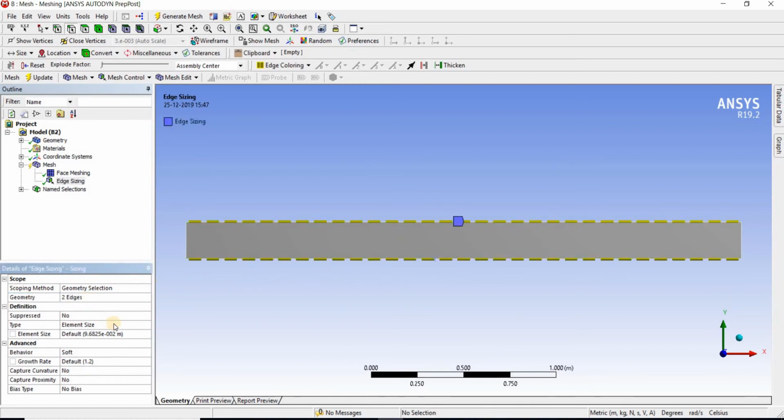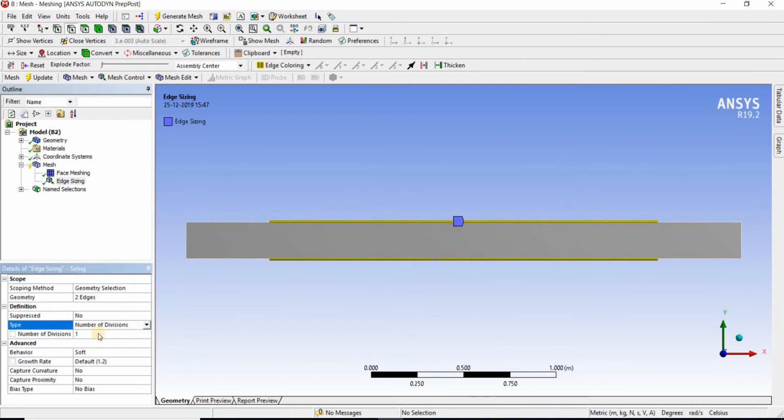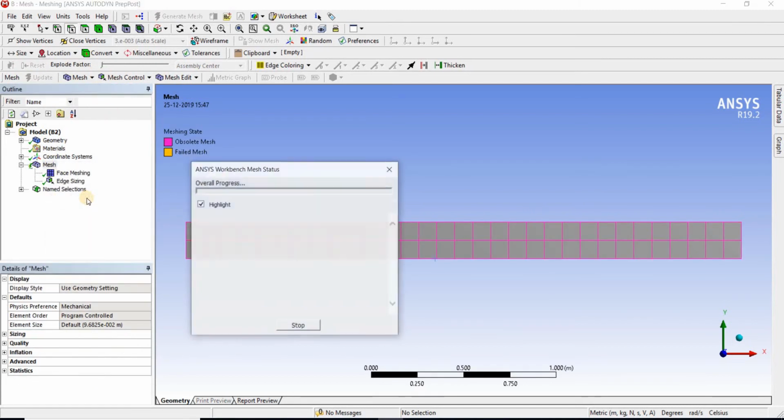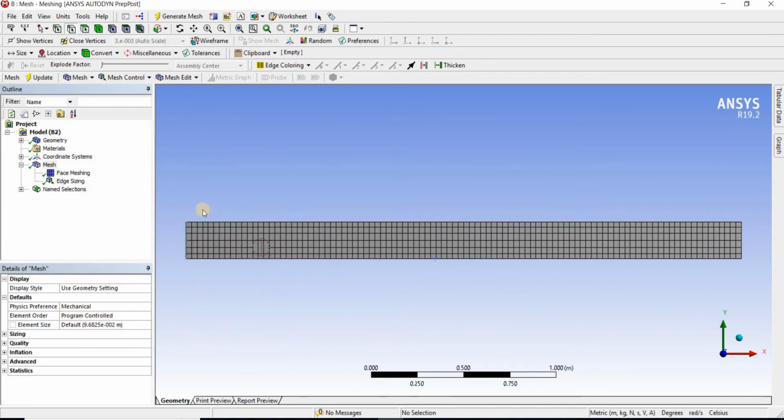Change the type of sizing to number of divisions. So here you give number of divisions as 100 and the behavior will be hard and no bias type. Then just generate your mesh. You can see the number of elements has increased and even this mesh looks good, but this is not appropriate